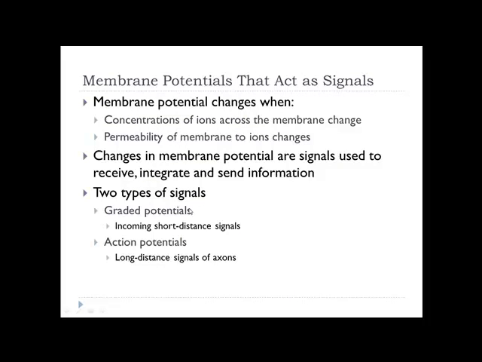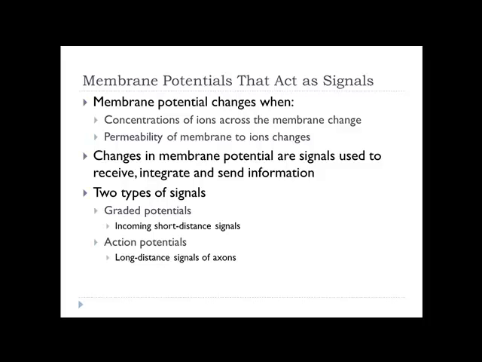Okay, with membrane potentials, those guys are going to change based on the ion concentration, based on where sodium and potassium lie. Since we have more sodium outside of the cell, the outside of the cell is more positive. We have less potassium inside of the cell. That's going to make the inside of the cell more negative.